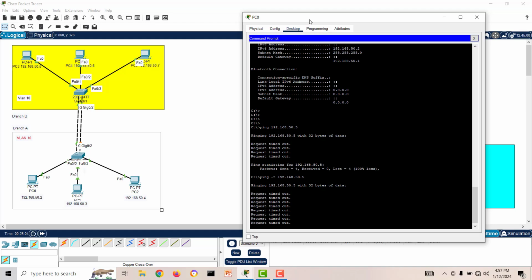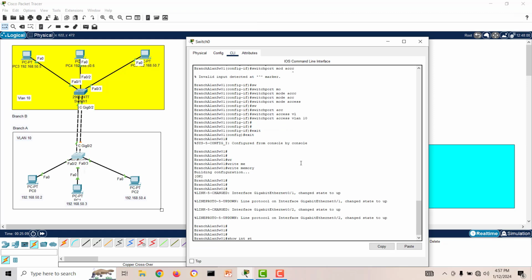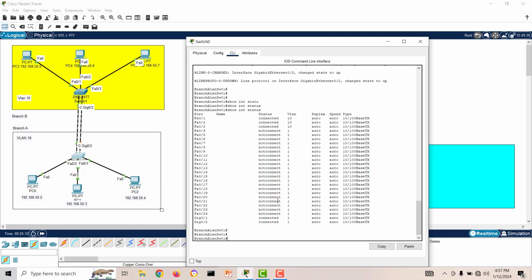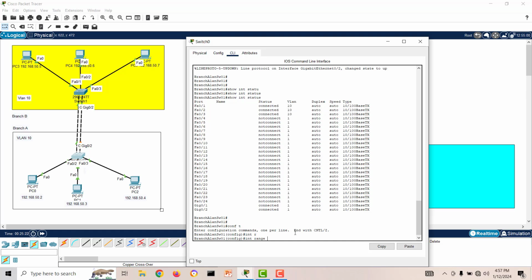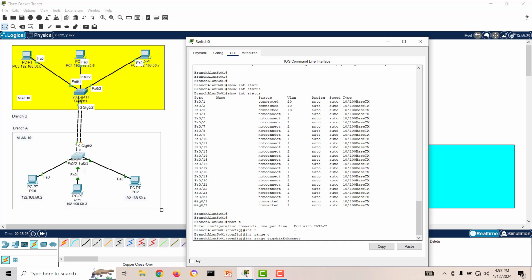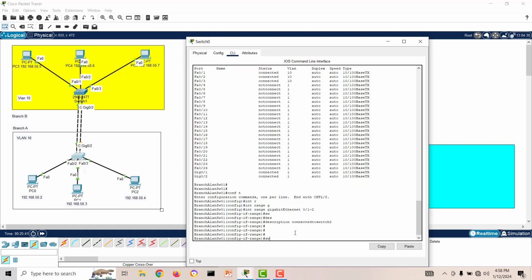We'll go on this switch. Okay, show interface status. If you see, these 2 links which we connected to the other switch are connected, right? So I will select these 2 switch ports. Interface range, range means together, gigabit 0/1 and 2, switchport. Okay, description you can say connected to switch 2. Okay, and we say switchport mode trunk,